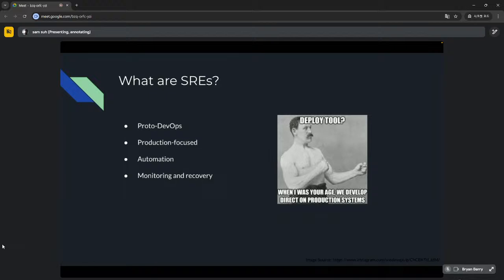Sure. So if I have your question correct, it's two questions. One, if everything's supposed to be up and running by design anyway, why do we still need people to make sure it's up and running? And then two, why is it one role of DevOps when it sounds like it should be two or more roles, like developer and operations? Yes, exactly. Okay. Let me answer the second one first.